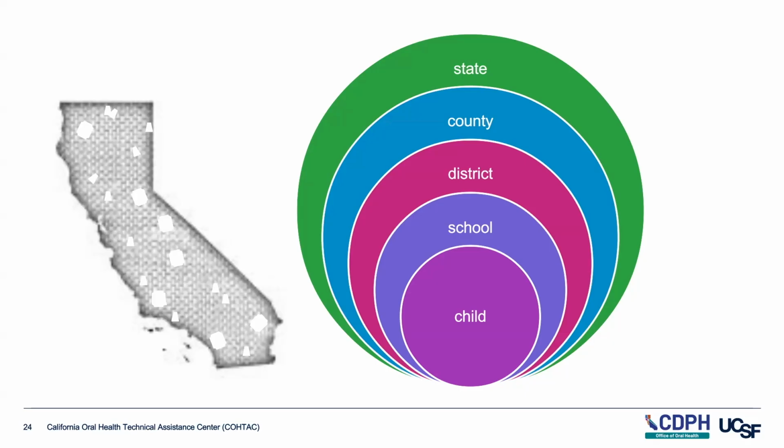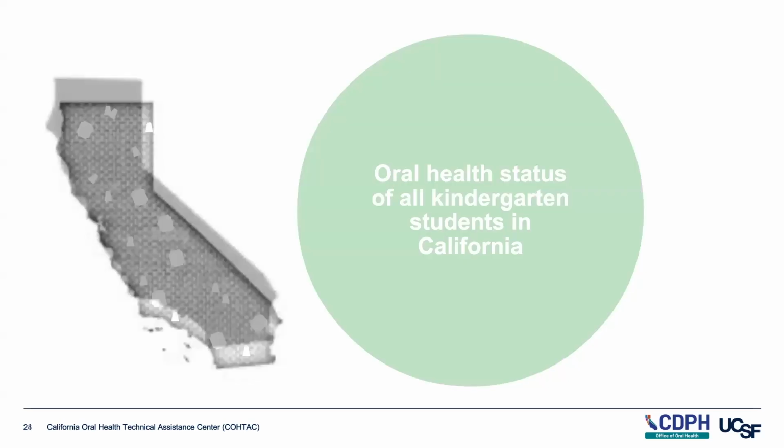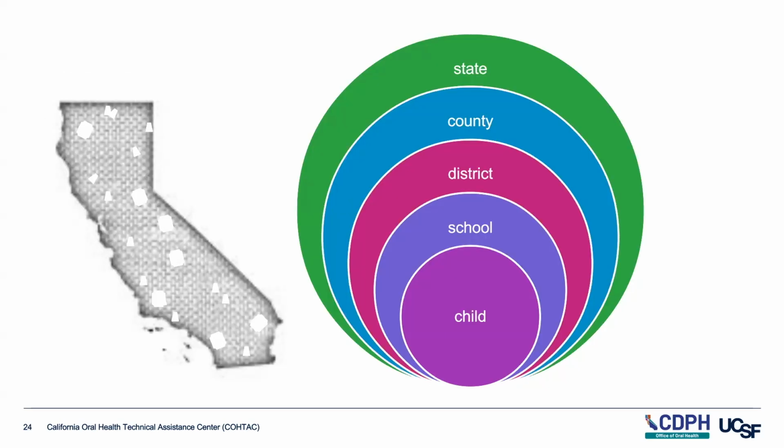The previous slide had a California that was fully black; that would be the case if we had all the data from everybody. And this slide shows that we might be missing data, right? The teeny tiny dots that are missing would be missing a child, and the larger dots might be missing an entire school or an entire district that's not participating. And so our picture gets a little bit blurrier. I have another slide to represent that. Let's go to the next one.